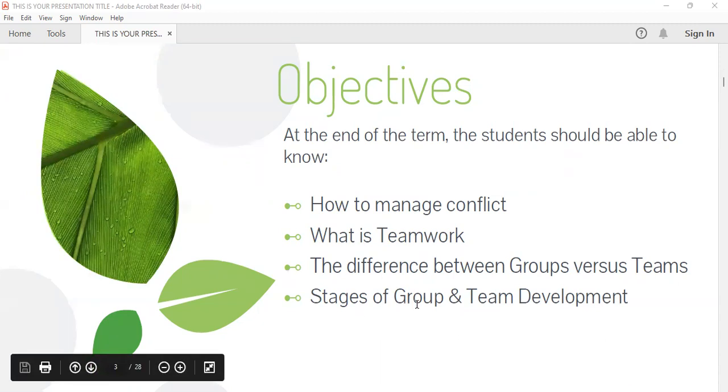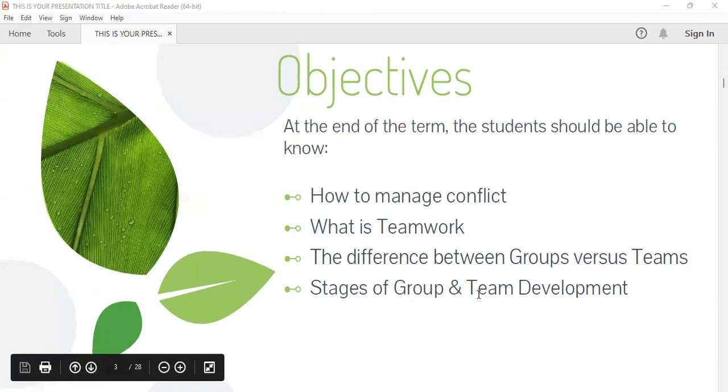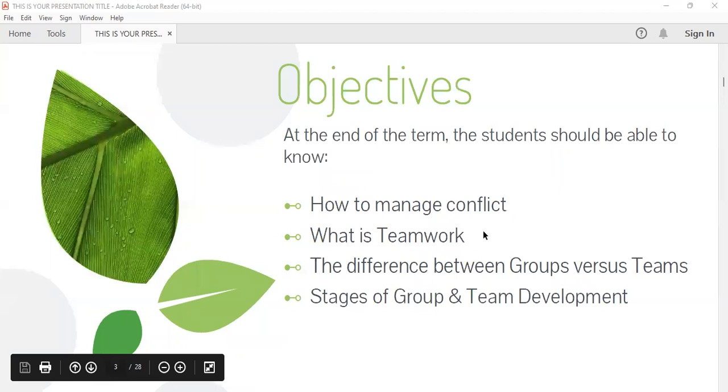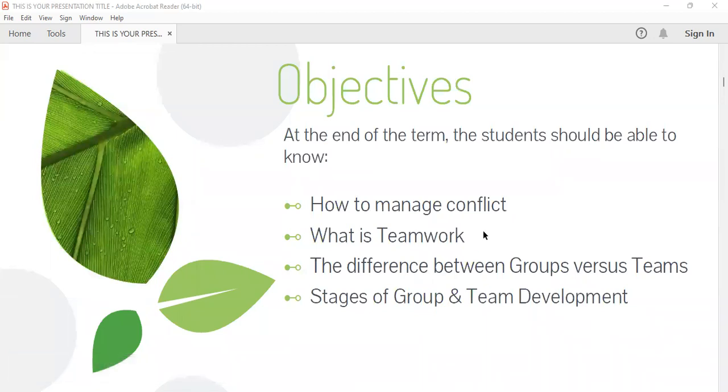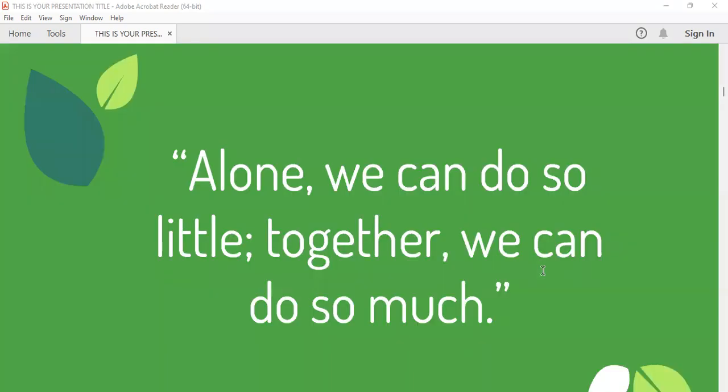Lastly would be the stages of group and team development. So more on how do we manage conflict, given that conflict is present in the individual and group. So do we do teamwork, or do we stop teamwork, and what is the difference between a team and a group? Before I start this lecture,